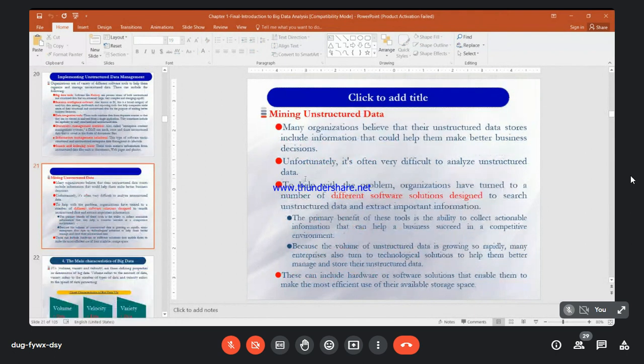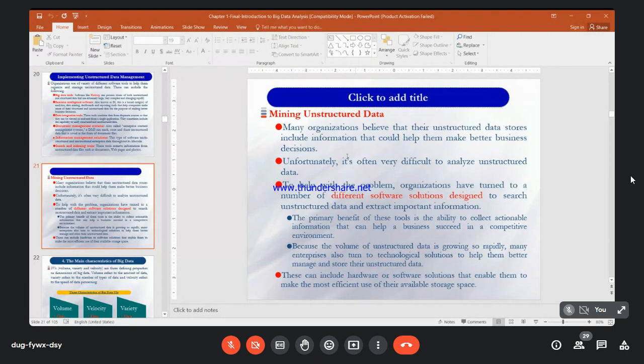Mining structured data, you see, mining structured data is easy because they have an index. As you know from information retrieval, you have an index, so that once you have an index based on the weight, based on the sequence, it can make some association relation with the server, and then based on the priority, based on the index value, or based on the rank value, it can display the sequential.